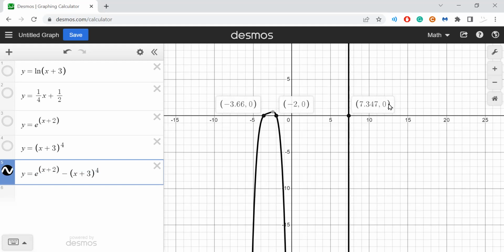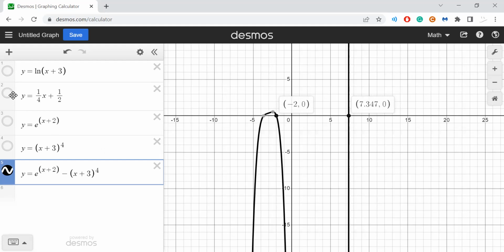But if you look at the original question 7, they mentioned that you want to sketch the graph for x more than -3, which means that we're only concerned with solutions that are more than -3, which means we need to reject the -3.66. Gone. This guy is not more than -3. So that's why there's only these two solutions,